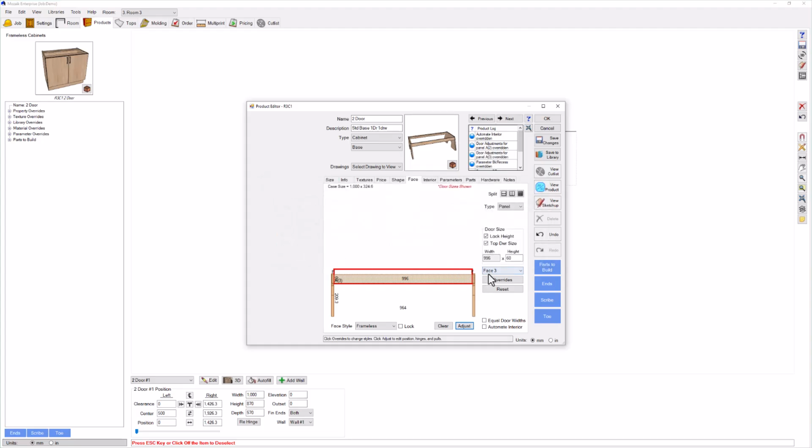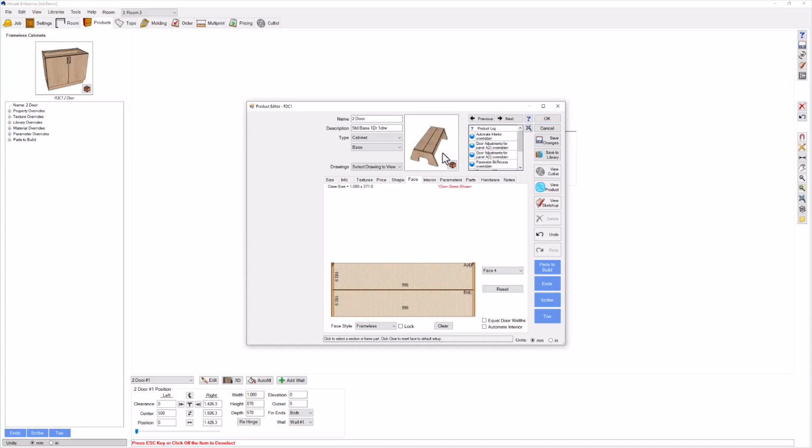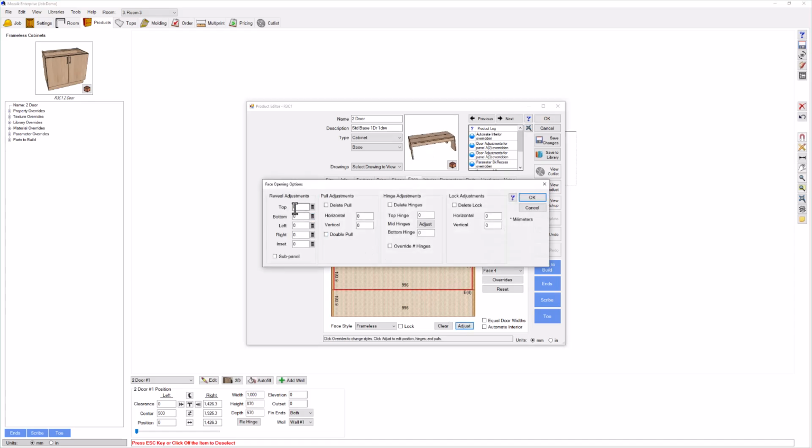Now for my top face, or the bench top, I would like the idea of having two panels here rather than one flat panel. I think it gives it a nice design, so I'm just going to go into my equal splitter. I only need two spaces, and I'm going to change these both to panel, and that's going to split that in two panels. I also like the idea of it overhanging on all edges, so I'm just going to select my panel, I'm going to adjust this, and I'm going to overhang it on the top,